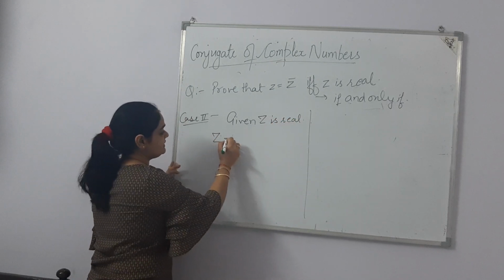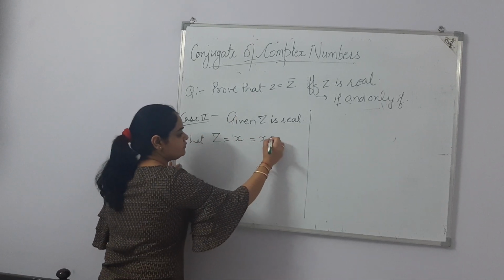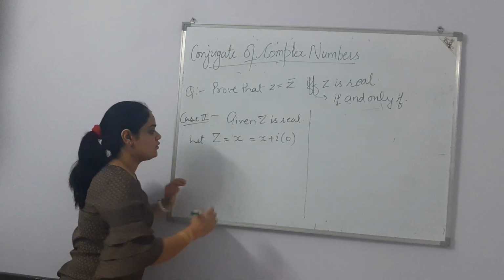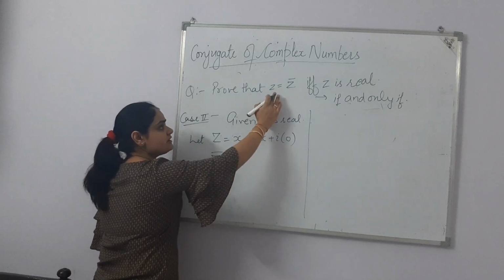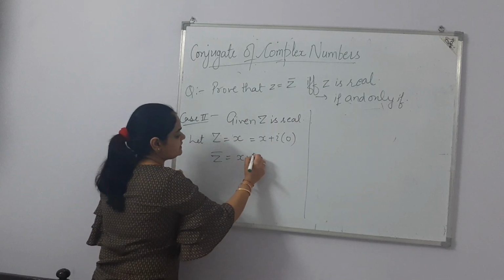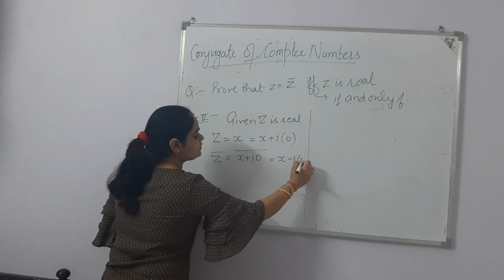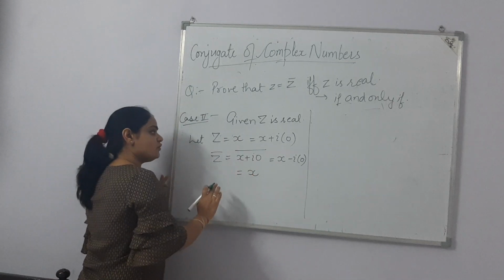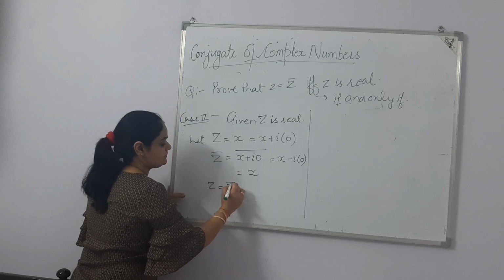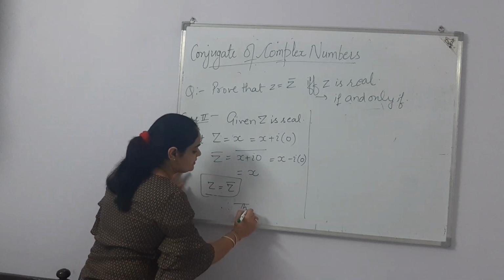If z is real, that means let z is equals to x. So can I write x as x plus iota into 0? If this is real, that means the imaginary part is 0. The question's requirement was we have to prove z is equals to z conjugate. We'll find z conjugate first. Z conjugate is saying x plus iota y is whole conjugate. So it is x minus iota into 0, which is x. So z's value was x and z's conjugate value is x. So we have already proved it. Z is equals to z conjugate. So thus proved.